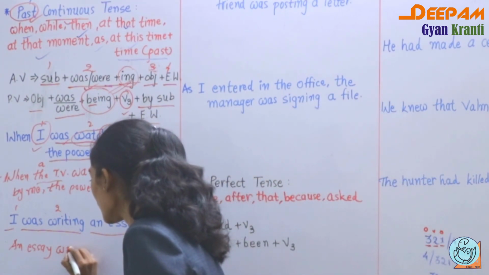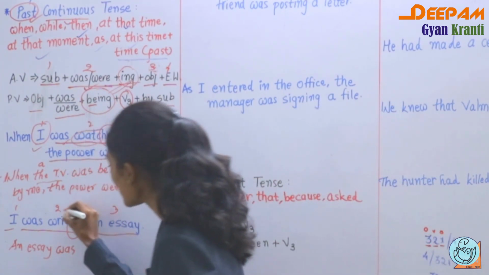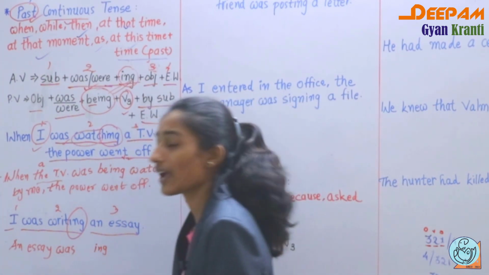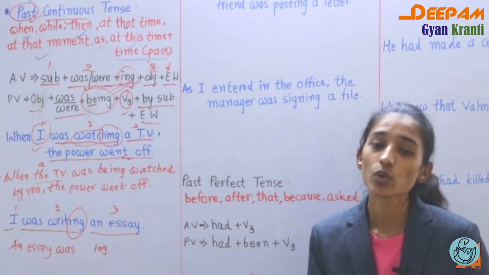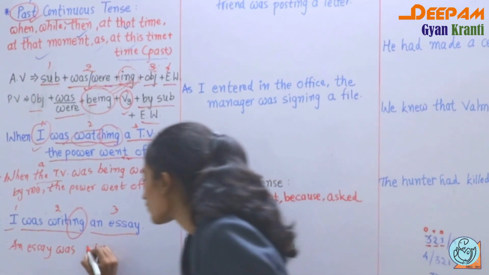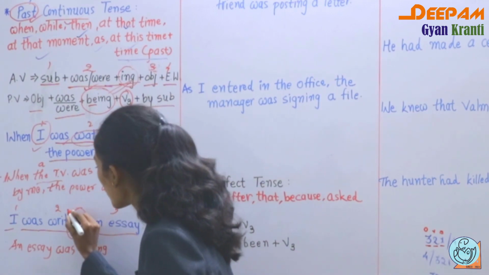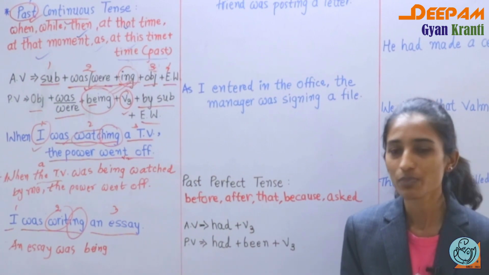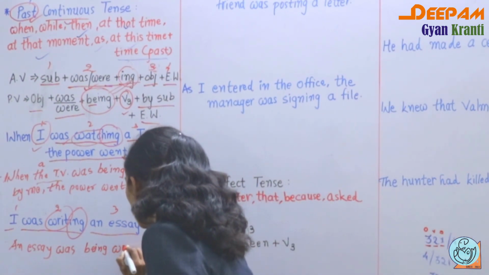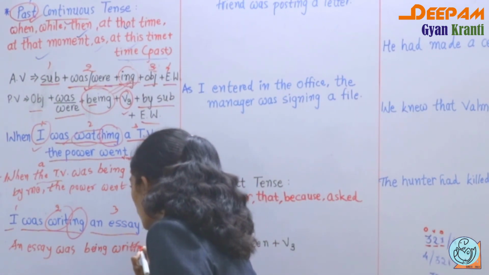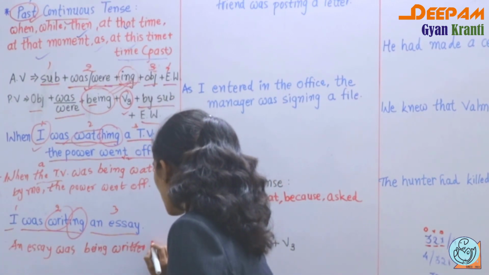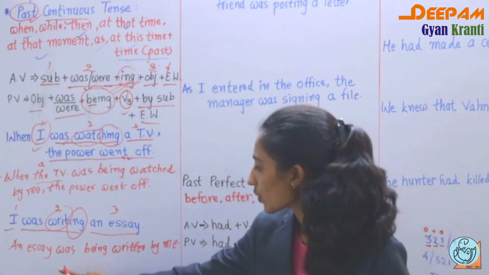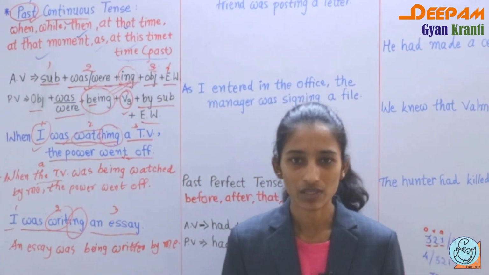So an essay was. Now see, the ing is there, that is a problem. So we have to write ing, but I have to give this ing to the form of be as a gift. So was being. Now write is the main verb, so we have to change this write into V3, means past participle. So what is the answer? Written. Now again the subject I is given, so written by me. So that is the answer: an essay was being written by me, right?